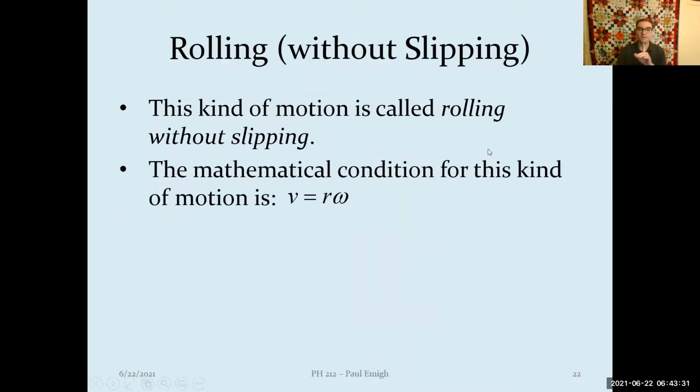In particular, we will sometimes talk about rolling without slipping, which is what you want bicycle wheels or car tires or that sort of thing to do. And anytime you have that happening, you can apply a mathematical condition which is that the velocity and the angular velocity are directly related by the radius at which you are going, which means that the farther out you are on the wheel, the faster you will be going, even if you have the same angular velocity. And that's an equation that we have seen before for relating translational and